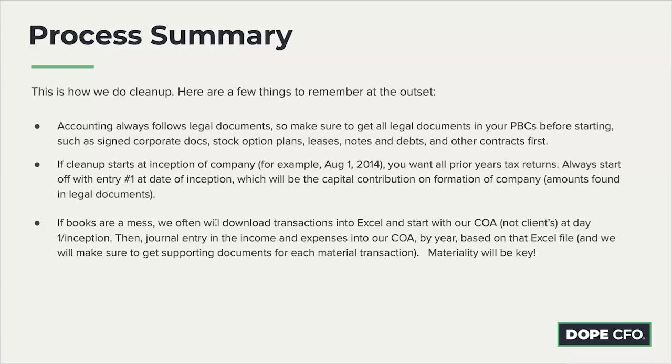If they want me to just start at the beginning of the year, I'm going to say, okay, I've got to start probably with the prior year tax return. We'll have no confidence in beginning balances, but we'll real quickly tie out January 1 balance sheet amounts, whether it's inventory counts or cash stats or whatever. And if I'm doing a whole year at a time, I can just download their whole year into Excel. I'll do materiality and we'll tie out the big things.